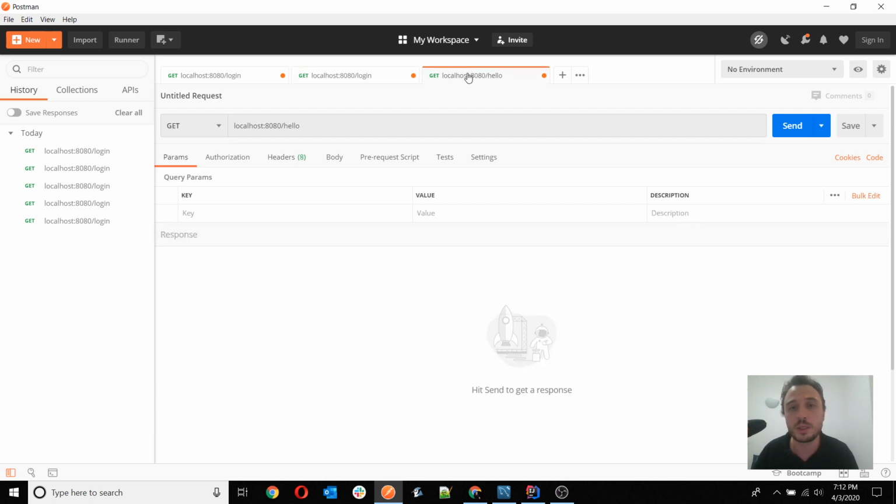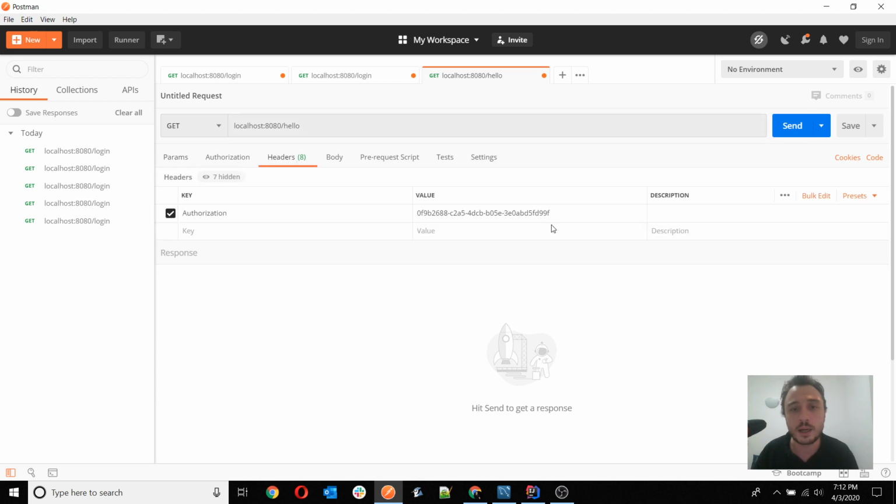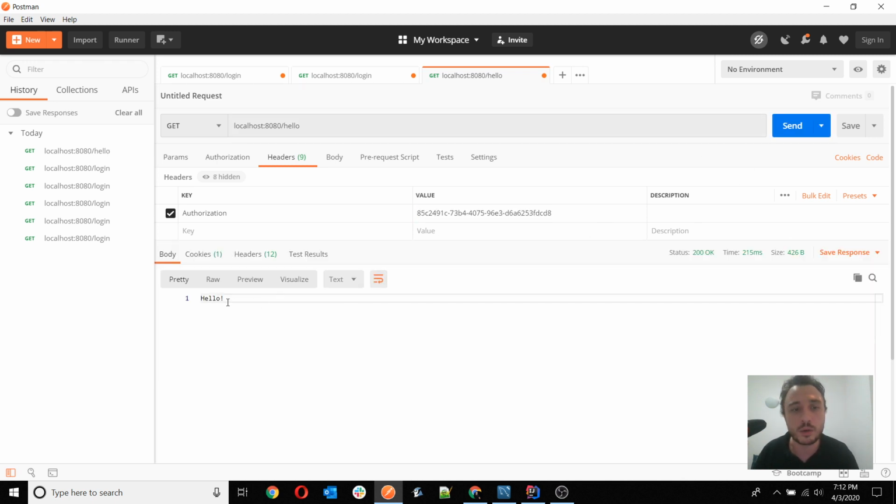So now we are going to the hello endpoint, and you know I can't basically use the hello endpoint if I don't provide a valid token. So in my case, I take the token, I put it here, and then I can call my endpoint. And this is again one important thing. Remember that the tokens generally should expire. What I have here is long-term tokens, not to say that I never remove them,